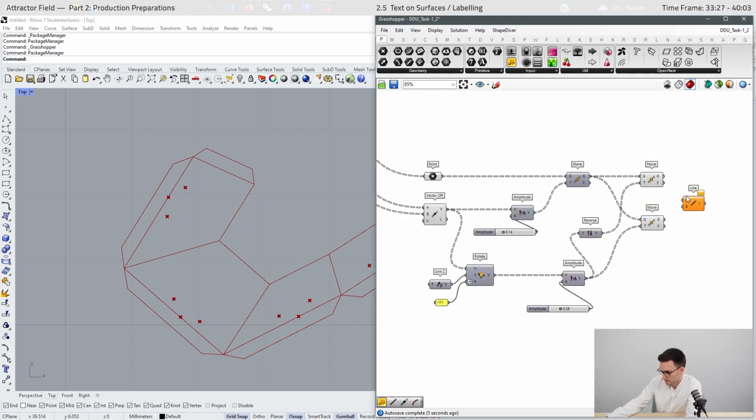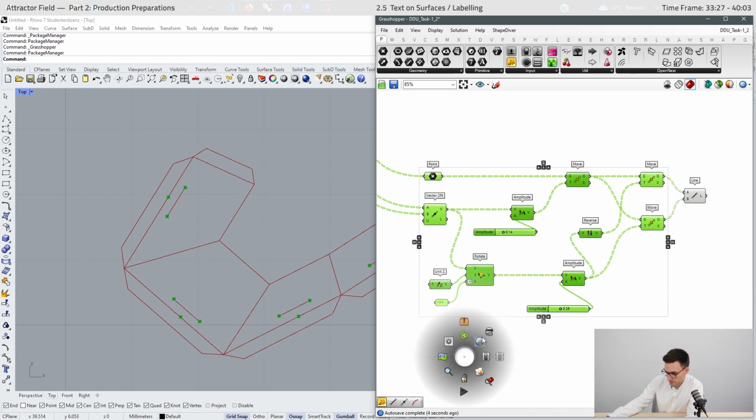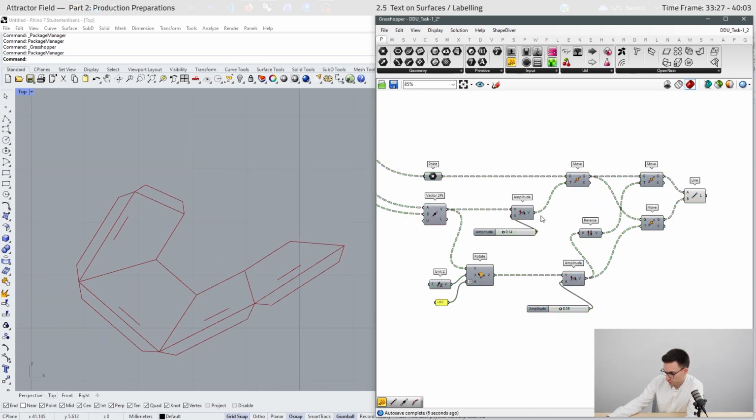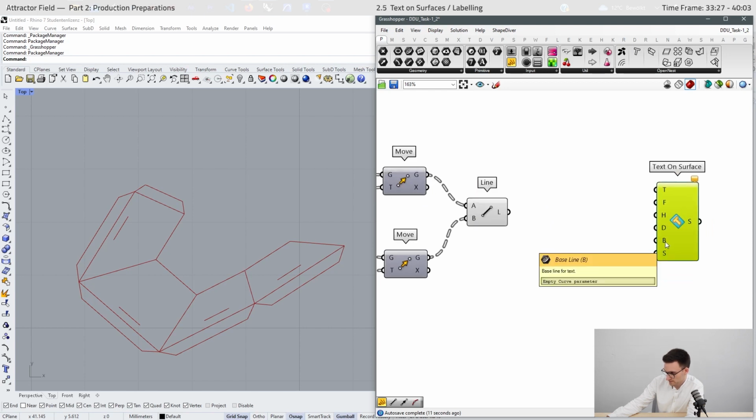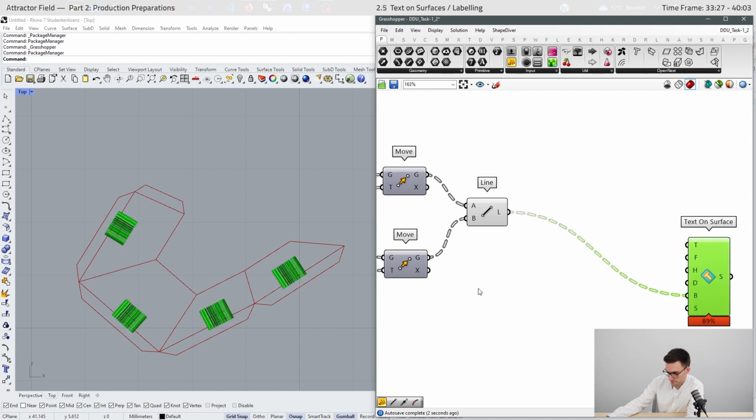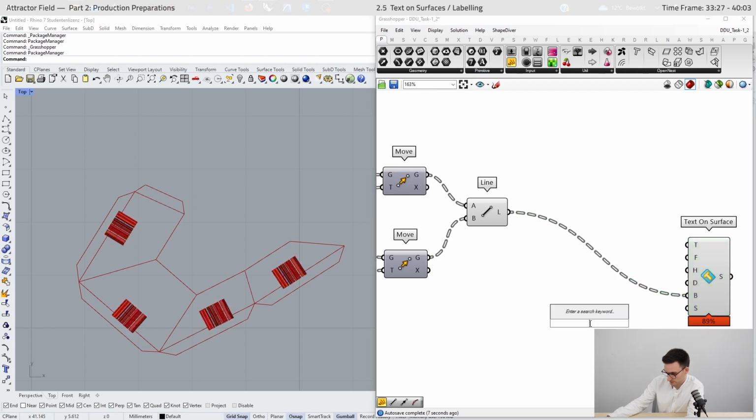Now we can create a line from this point to this point. You can hide this one. Now we have a reference line or reference lines or baselines. You can use them right here. And the depth should be 0.